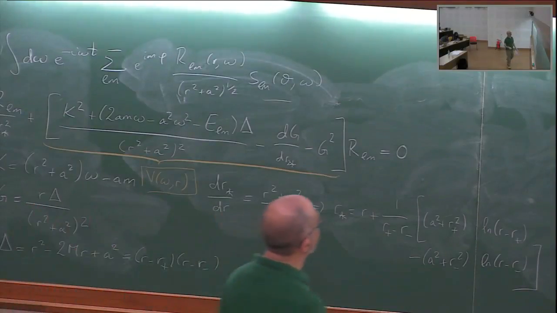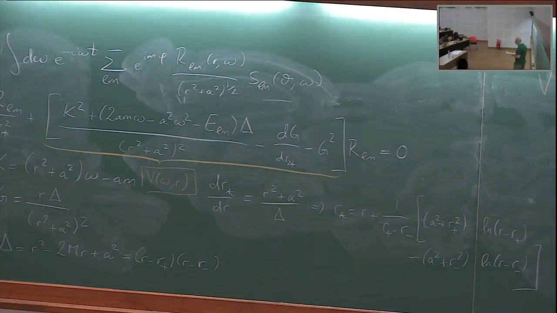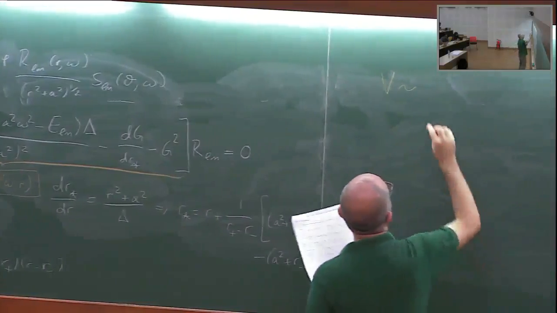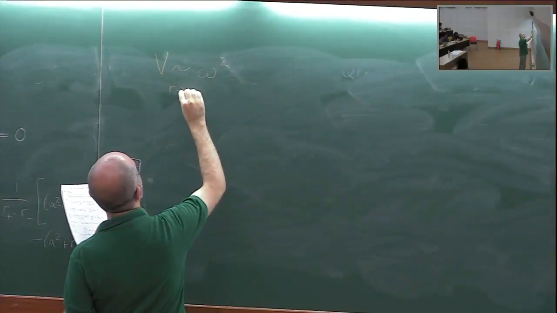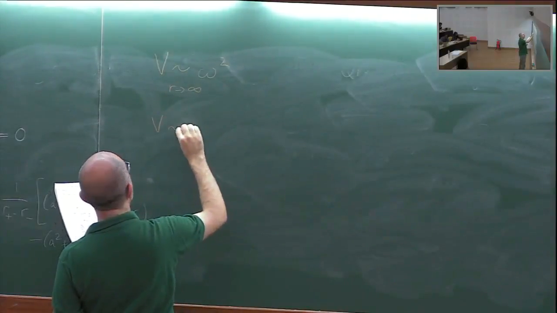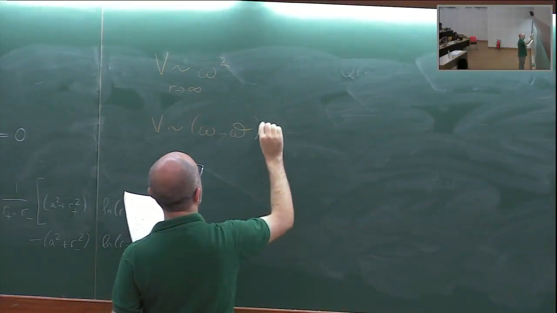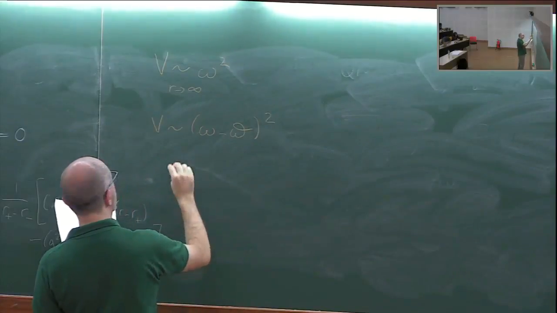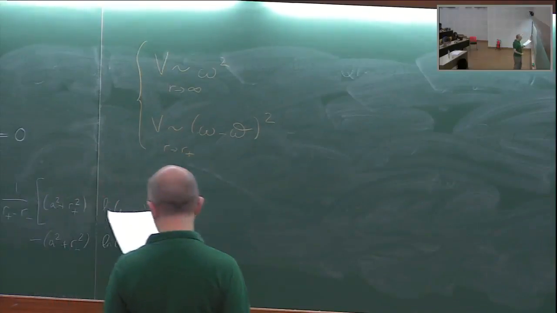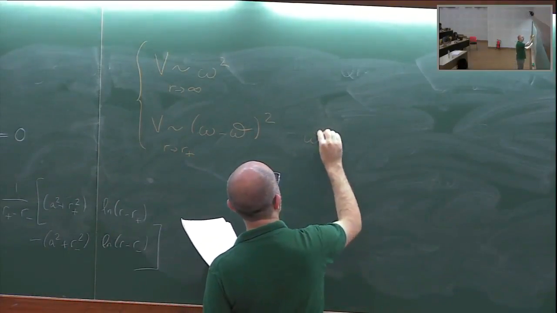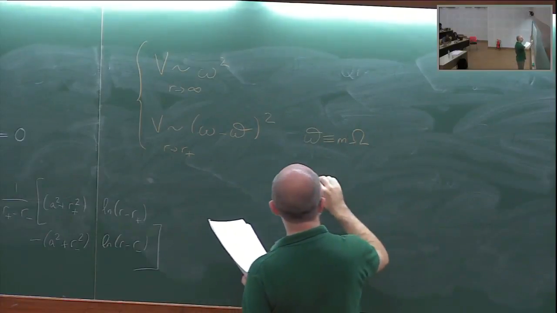So what I claim is that v, I'll write it in orange because it's the key thing here, v goes like omega squared when r goes to infinity, and v goes like (omega minus varpi) squared as r goes to r plus, where varpi is m times Omega, and Omega